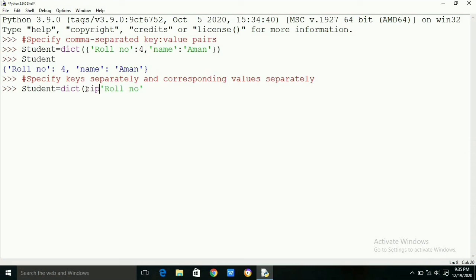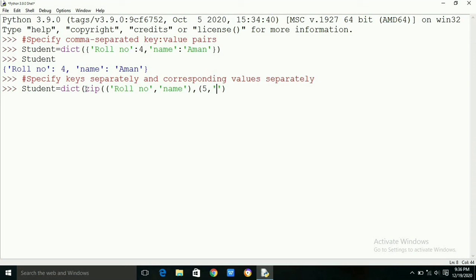The zip function is given as argument to dict constructor. The first group contains all the keys and second group contains all the values in the same order as that of corresponding keys. Here roll number and name are keys and 5 and Karan are values respectively.